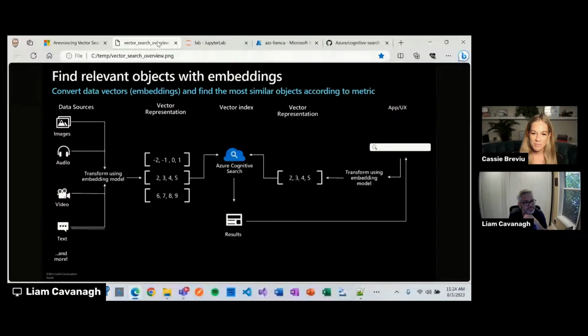Right. So it's really enabling a lot of these next level things that we've been seeing in the AI space. Now I understand a little bit about what vectors are, how we're able to take many types of data sources, turn them into a vector representation, and then perform different tasks to really enrich our applications and user experiences. How does one use this? How do we leverage this? What are good scenarios to use it for?